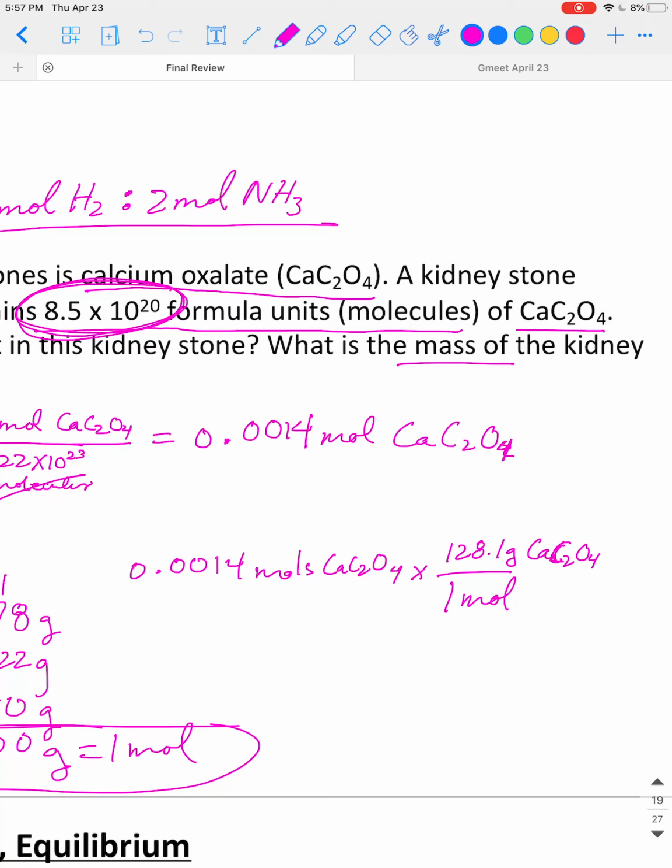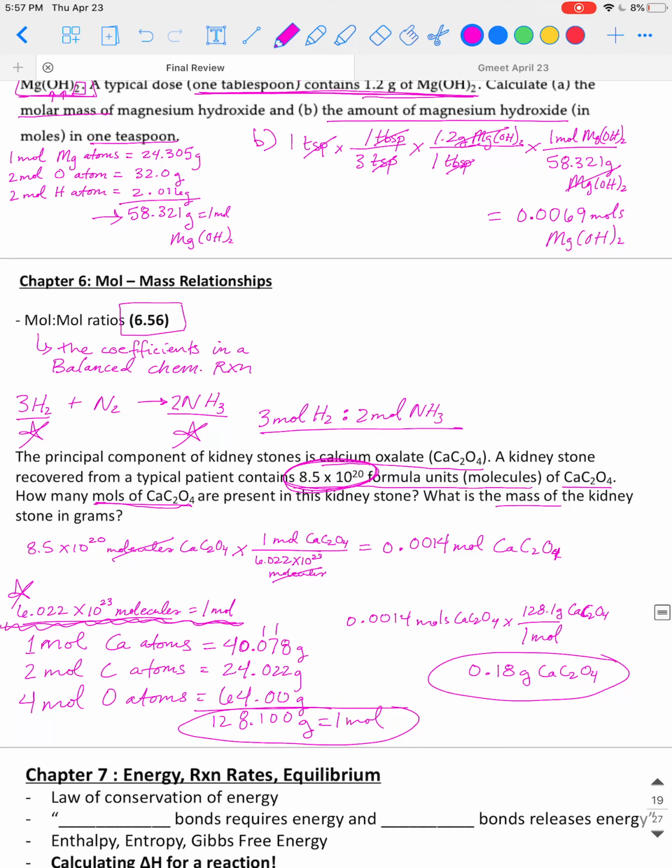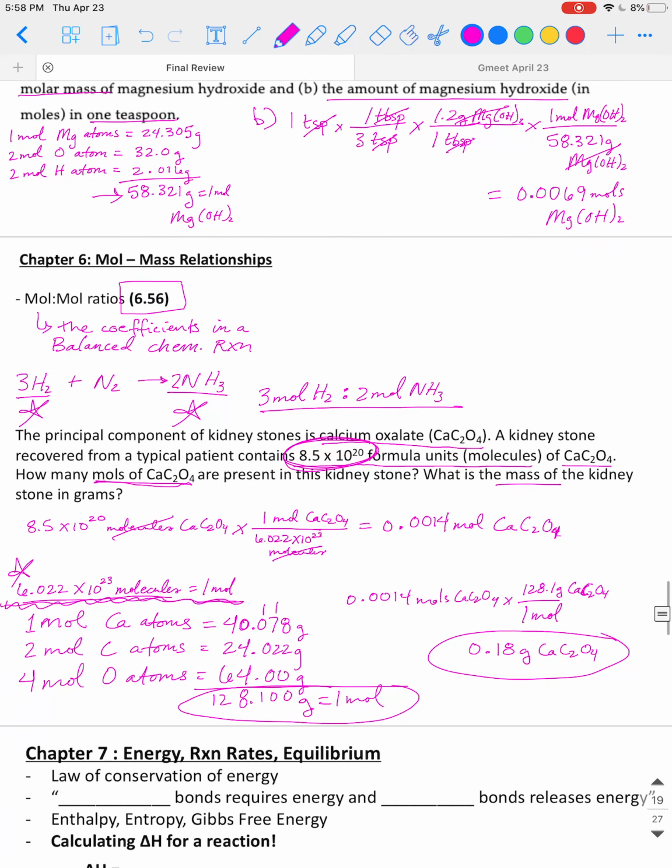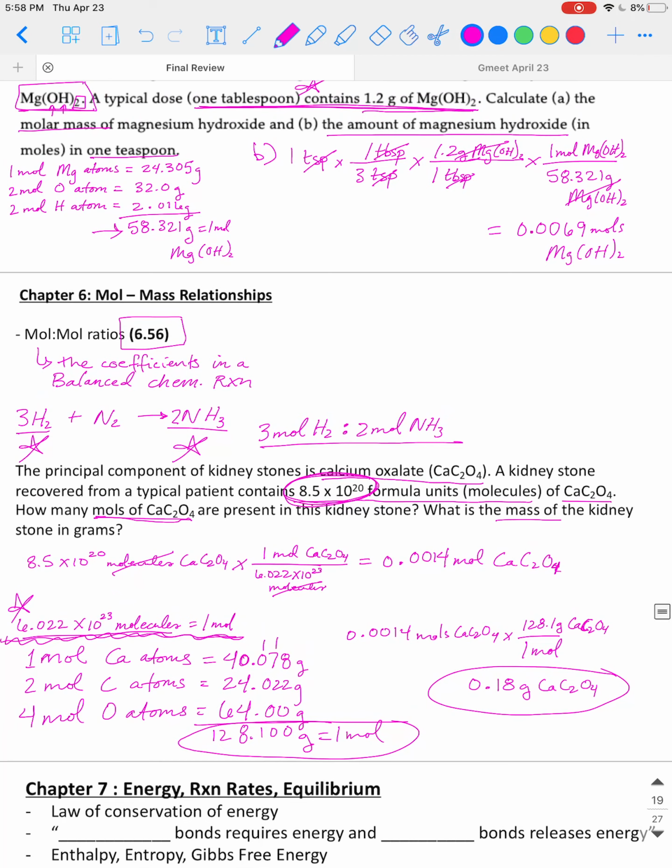So we do 0.0014 times 128.1, and I got 0.18 grams, if we round. So that is the mass of a typical kidney stone, 0.18 grams. Okay, I'm glad it's not bigger than